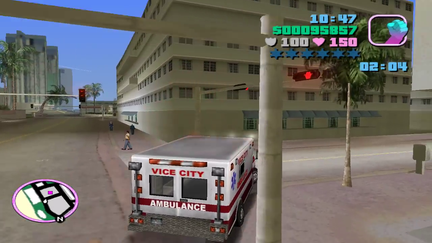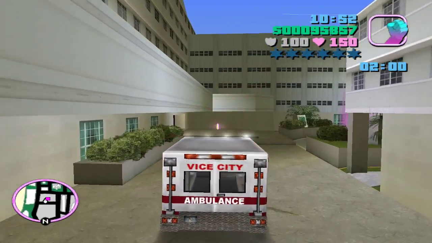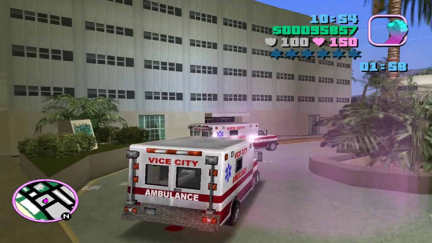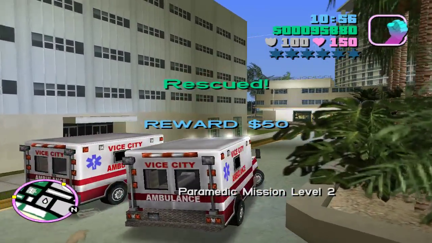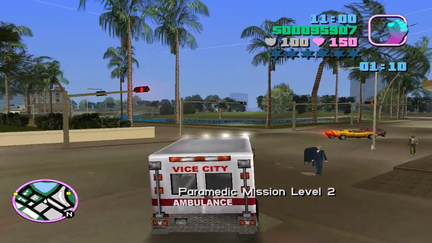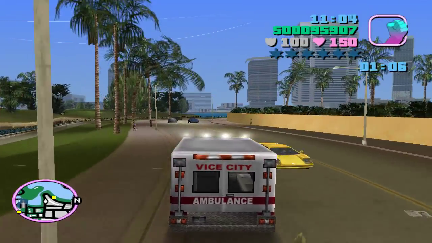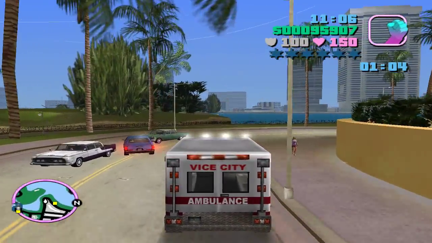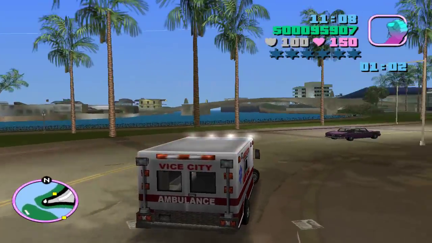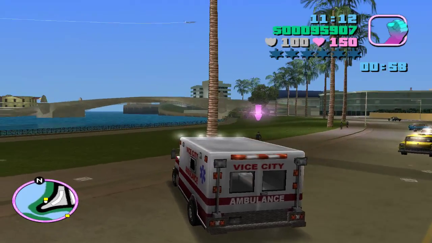Now for turning, the ambulance is very top heavy, so for turning I definitely prefer to use the standard brake, so S. And then if I have to make a sharp turn, that's when I'll typically use the handbrake. But other than that, I definitely would prefer just the regular brake, because a sudden drop off in speed will increase the chance that the ambulance will topple over,